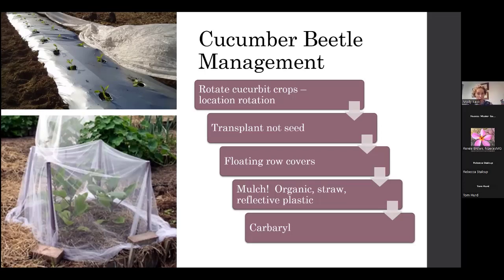You can use floating row covers. You use that screen, put stakes in the ground, and float it over there so you're not mashing that plant down, and then move it once it's hit a certain growth that you like and you think that it can outgrow the insects. Plastic mulch, they don't really like that very much. Any kind of mulch up around it, because they will lay their eggs in the soil, and so they don't really like to get through that